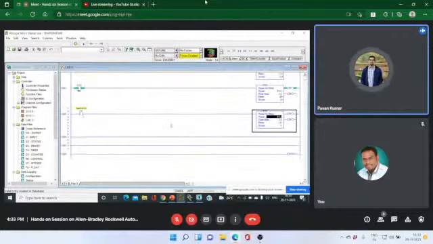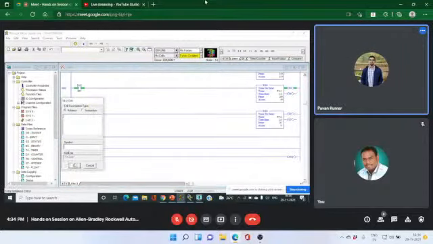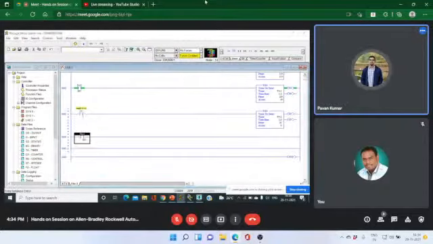So we require another timer, for which we have to give the address of T4:2/TN bit. Okay, and take one another timer.